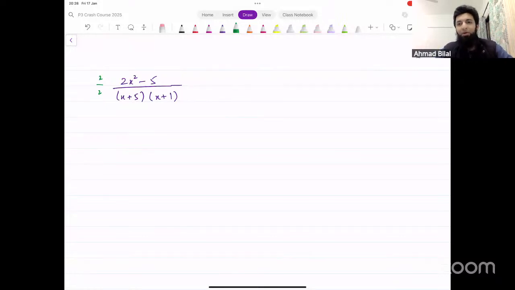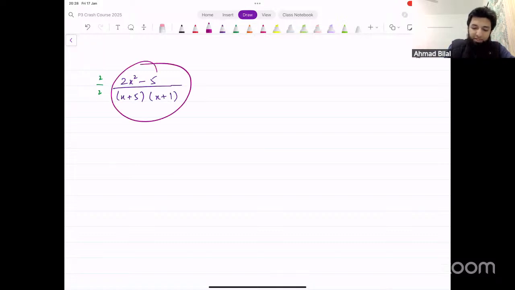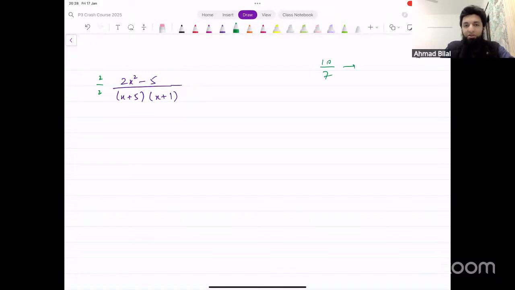Now, the proper mathematical way of doing this, as in the complete process, is that first of all, you do division. Just like when I gave you an example of 10/7. If you had to break it down and make it a proper fraction, we would say this is 1 plus 3/7. I showed you how to do that. Okay. Now,